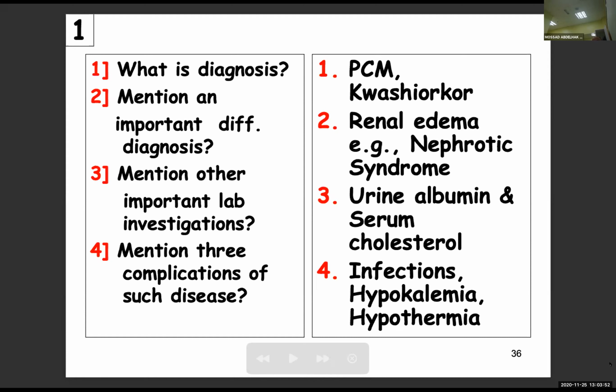So now we know how to think, how to use our thinking inventory to look at the patient, to get the most important knowledge by just observation, and then come back to the history and investigations. Okay, the next slide.